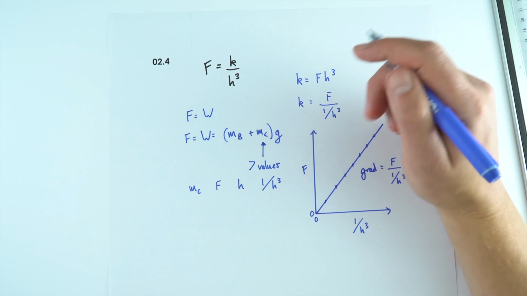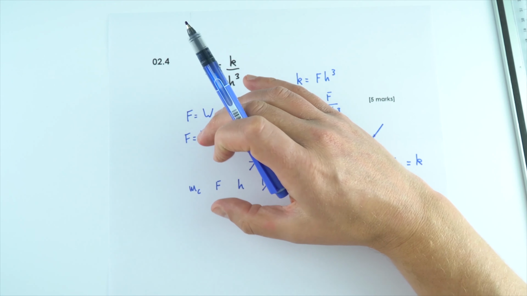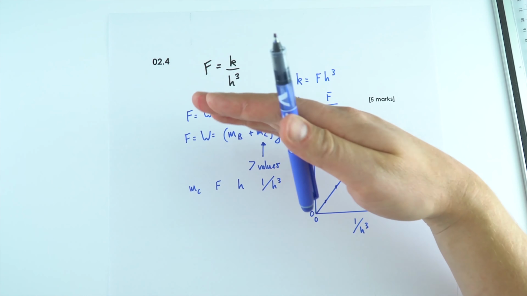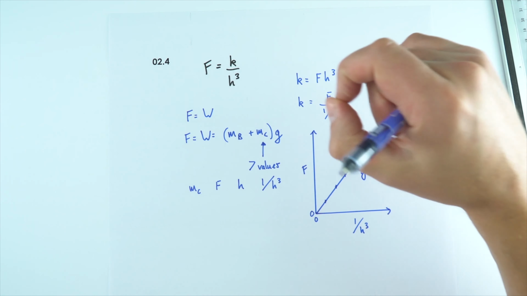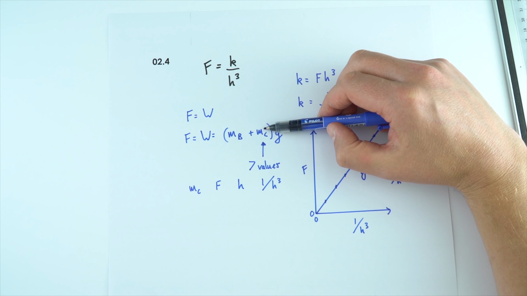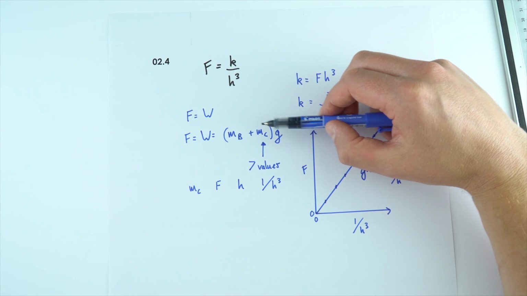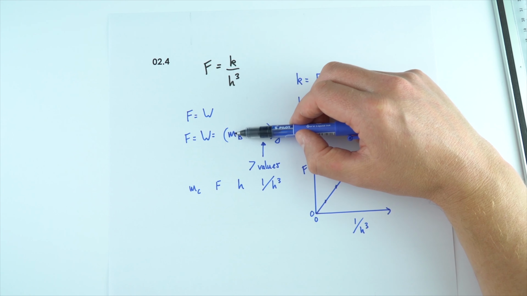So in answer to the question, this is kind of the physics, but you need to maybe think about how you can set this out in a logical format. So you might talk about the procedure that could be used. So perhaps you measure out different values of clay and you record the mass using a mass balance. You then add those one at a time to the upper magnet.